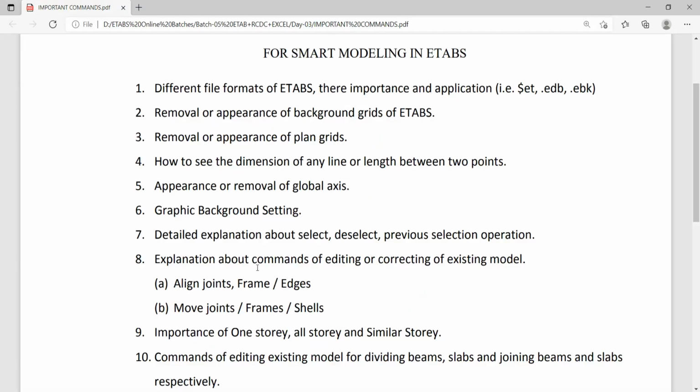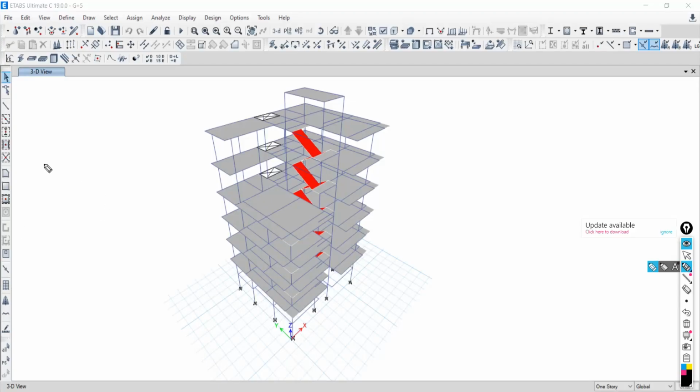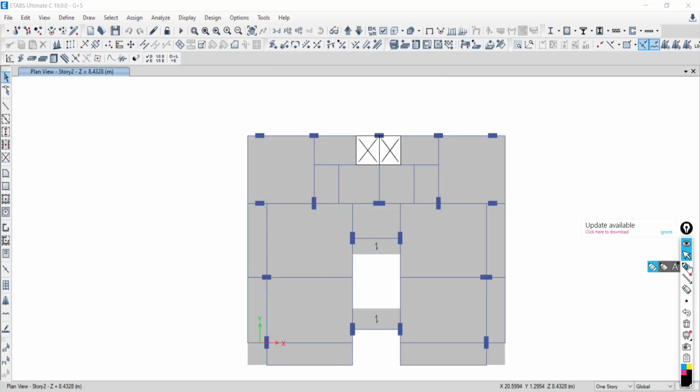One is aligning of the joints, frames and edges. Let's try to understand what it means. Suppose a beam is there like this in plan. Go to plan at any level, just clear this all. Now suppose this one beam is there like this, another beam by mistake I have modeled like this, and another beam like this.